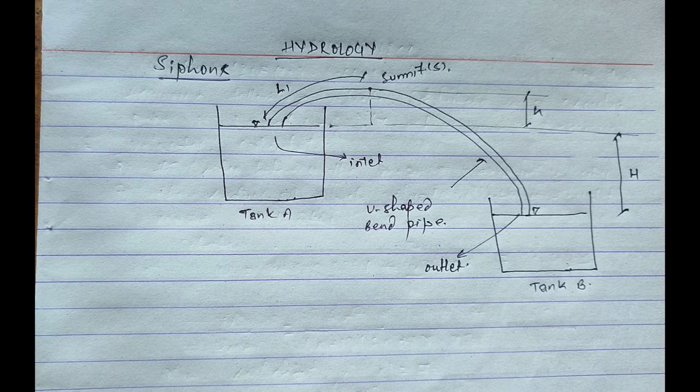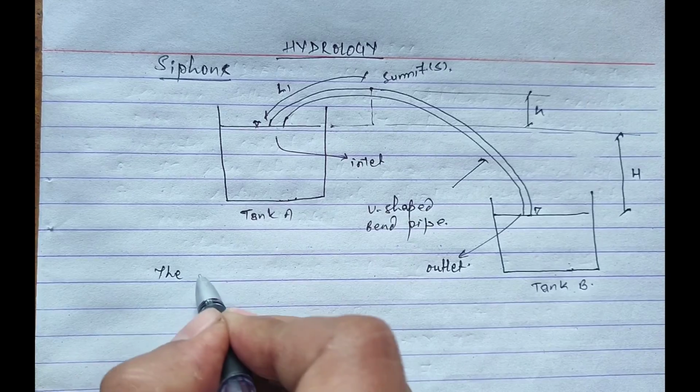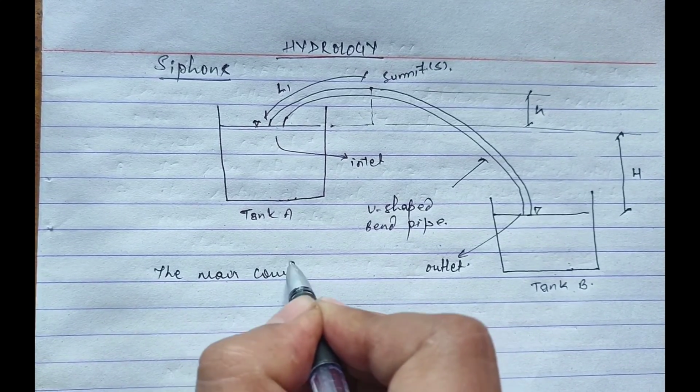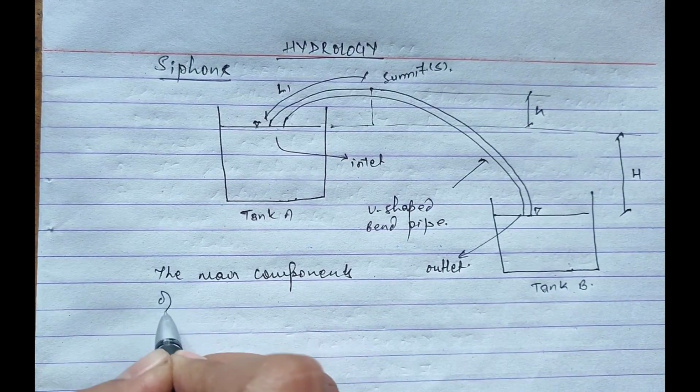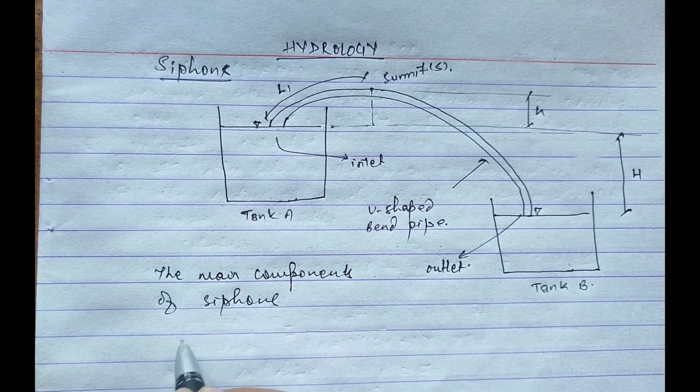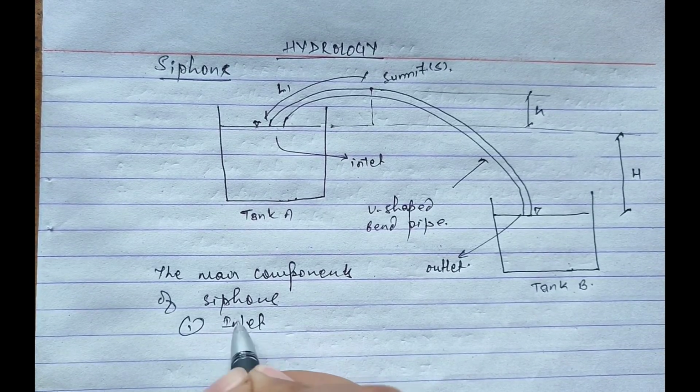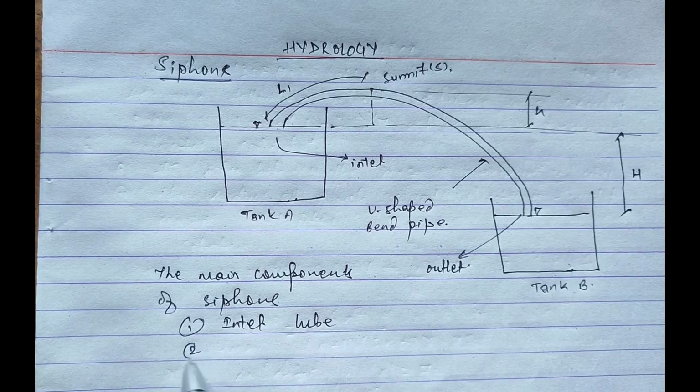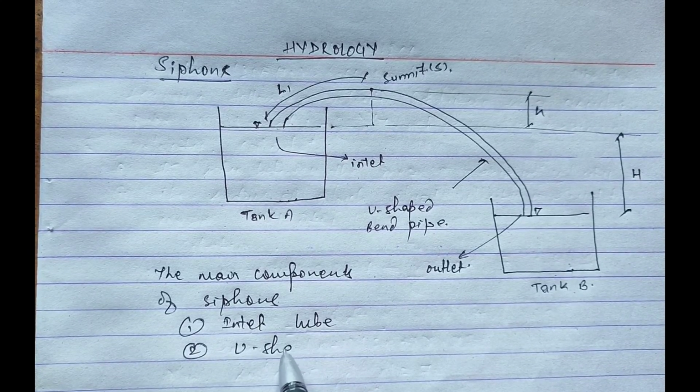A siphon is a simple structure or device used to transfer liquid over an obstacle, typically from a higher elevation to a lower one, relying on gravity and atmospheric pressure. While it might not be commonly referred to as a structure in a traditional sense, it does involve specific components. The main components of siphon include inlet tube, the point from where the water gets entered for the next reservoir, and the U-shaped bend or elbow,